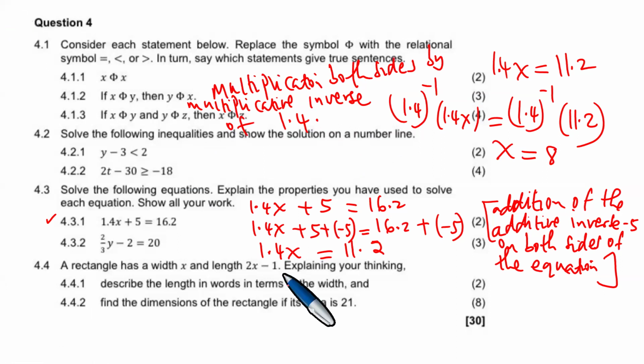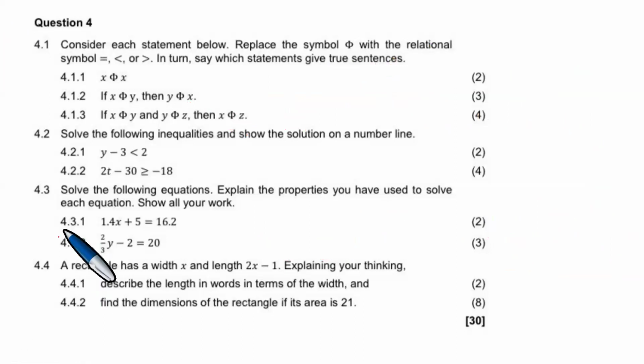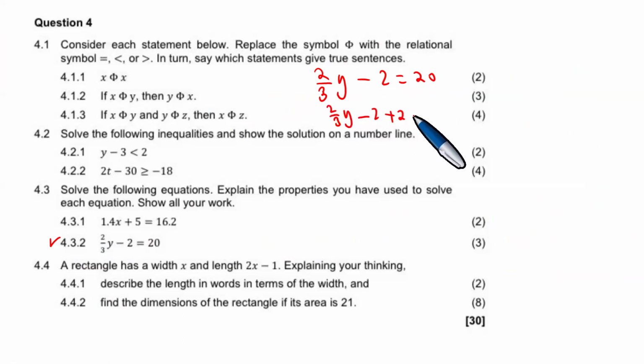So we try now the next question, 4.3.2. We need to solve this one. We have 2/3 of y minus 2 equals 20, which is 2/3 y minus 2 plus 2. We add 2 on both sides because we want to eliminate the 2, and the property we use is